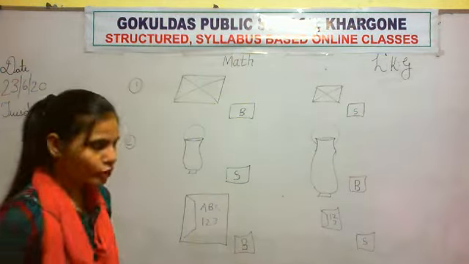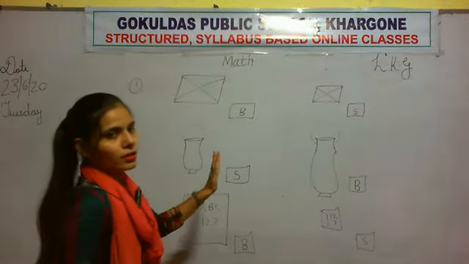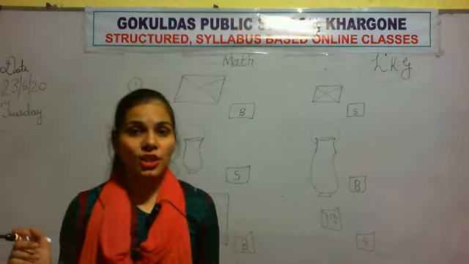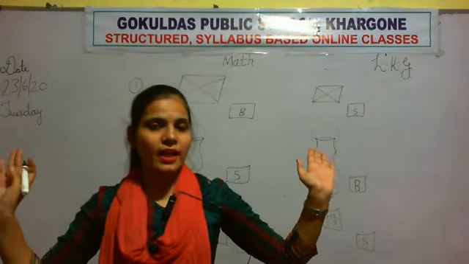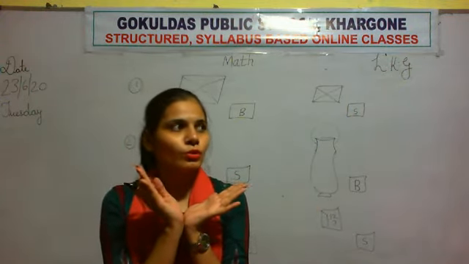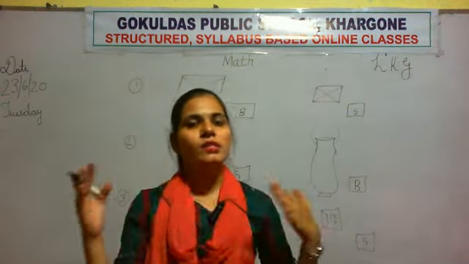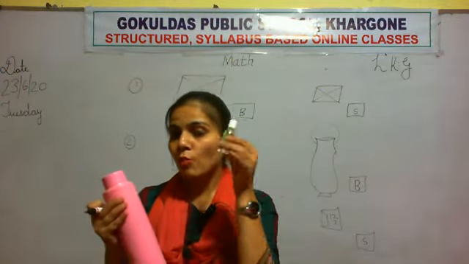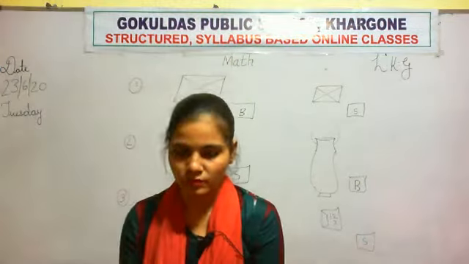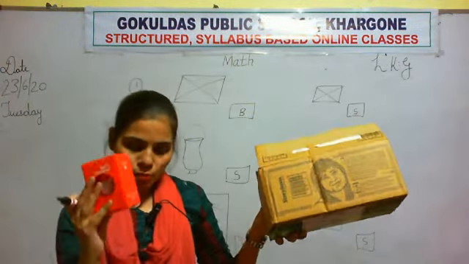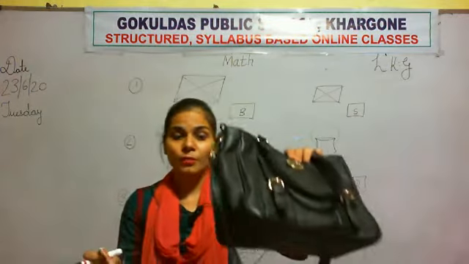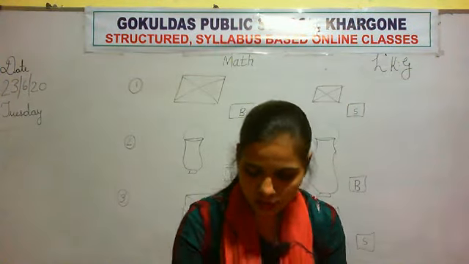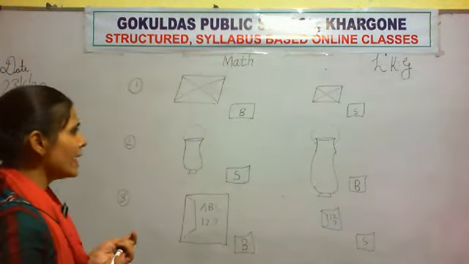Okay. So in your notebook you write like this, and you try so many examples at your home, like your father's shirt. This one is so big, and your shirt is small. So you take a chair also, big chair, small chair. Table also, big table, small table. Bottle also, small bottle and big bottle. You have a box also, big box, small box. You have a purse also, your mama's purse, big purse and small purse. Okay. So this is the concept of big and small.